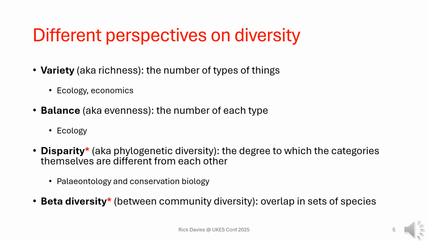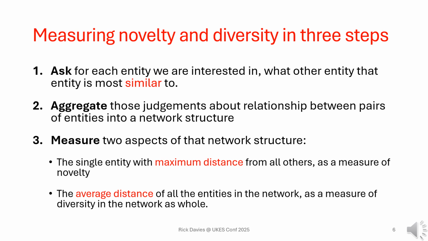This is called beta diversity, which is the extent to which the composition of two or more groups, such as habitats, have an overlapping membership of different types, e.g. of species. I will touch on that briefly. In this slide, I outline a relatively simple procedure that can be used to measure novelty and diversity. Firstly, we can ask for each entity we are interested in what other entity that entity is most similar to. So if I ask this question to myself, I might ask what other evaluation method is most similar to the